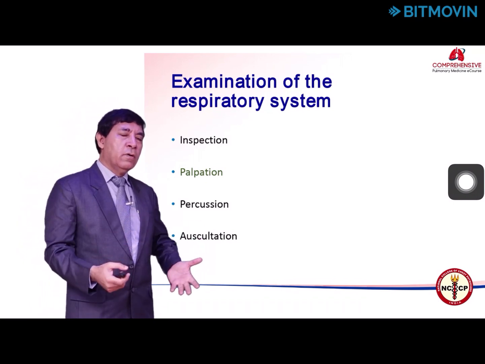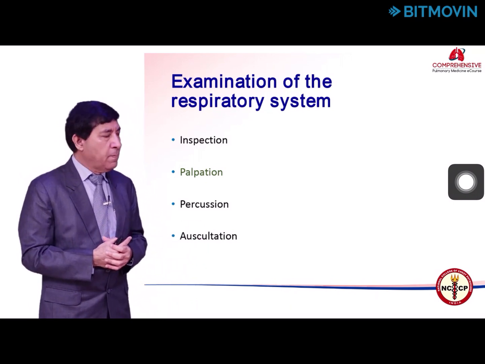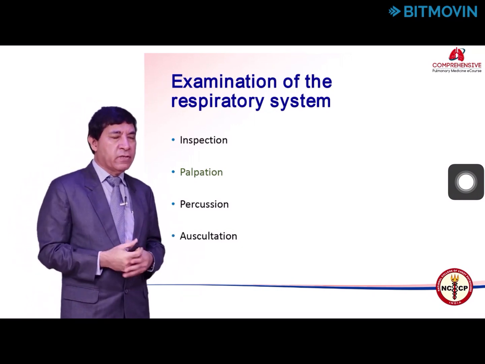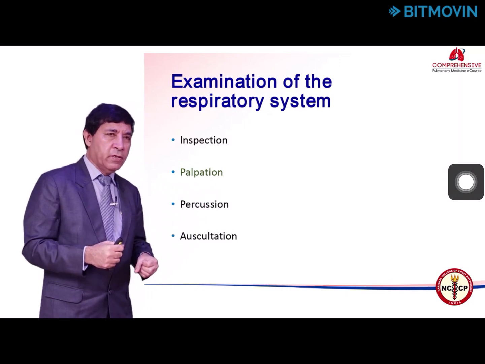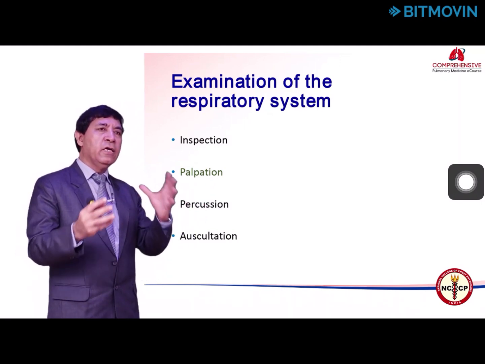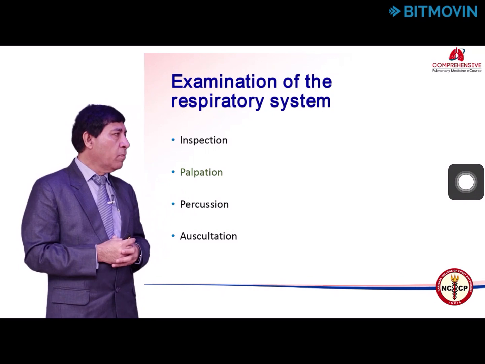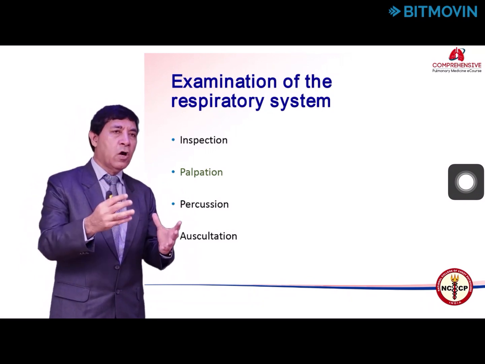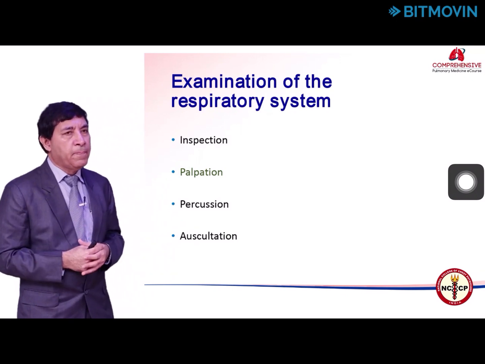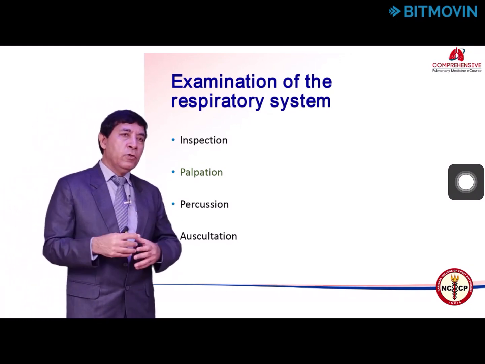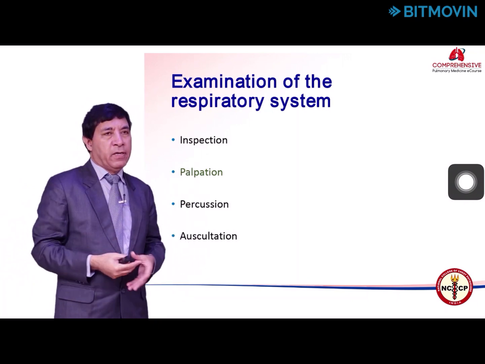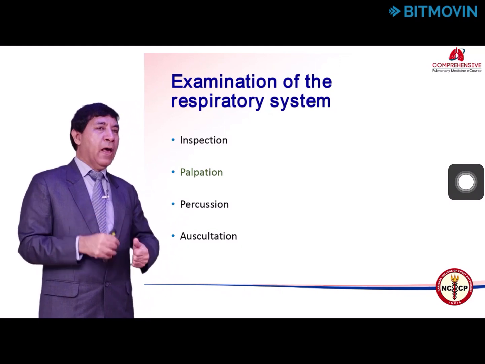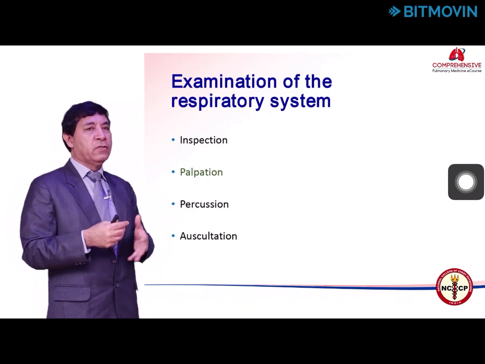Now the question is, what addition are we going to do on palpation after inspection? Inspection is basically a subjective examination. You just observe your patient, you observe the movement and see whether movements are reduced or normal. You are observing the size of the hemithorax, saying the size is large or small, or looking into the shape. But when you do the palpation, you are actually giving objective parameters. On inspection, when you say the movements are reduced, on palpation you will tell how much movement is reduced.